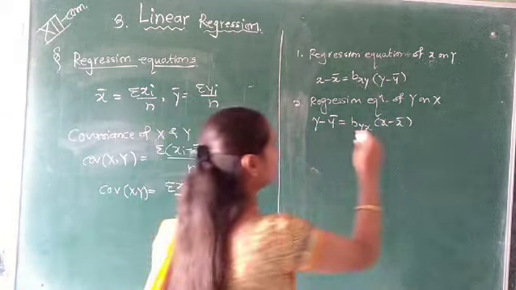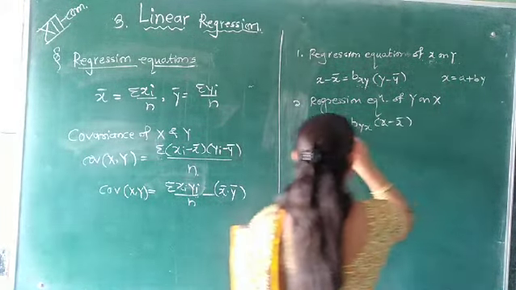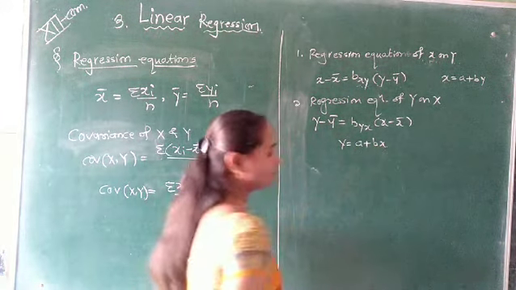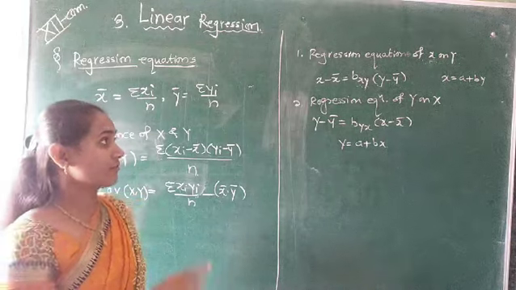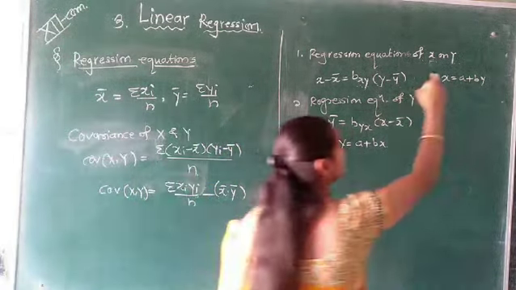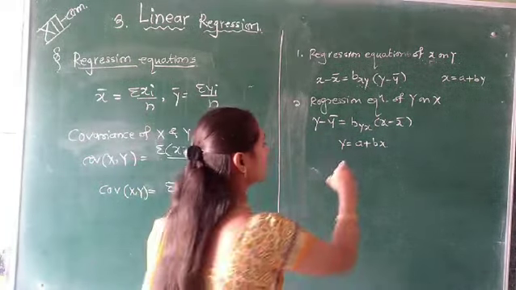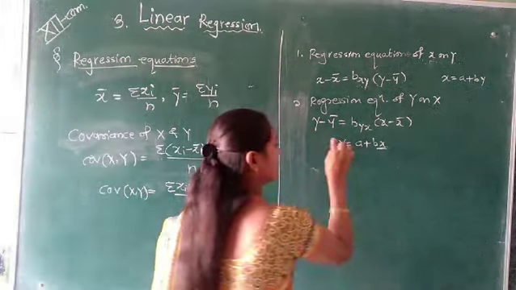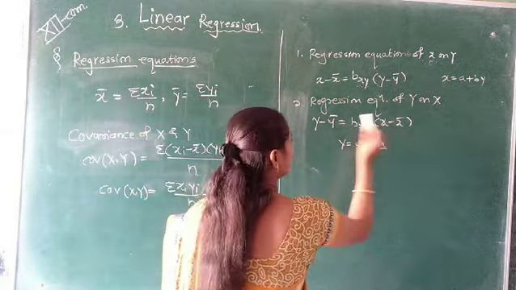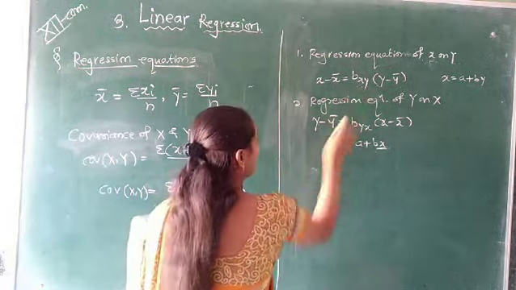Then we will get this equation in the form x is equal to a plus by, and the other equation we get is y is equal to a plus bx. The regression equation of x on y is in the form x is equal to a plus by. Hence, if we know the value of y, then we find the value of x, and if we know the value of x, then we find the value of y. Now, the bxy